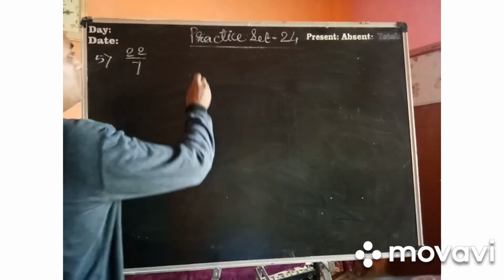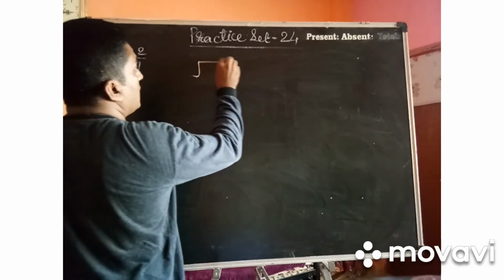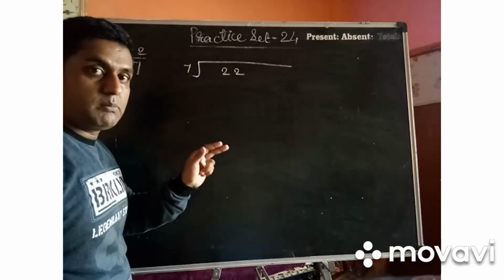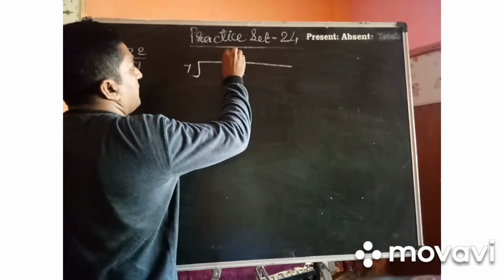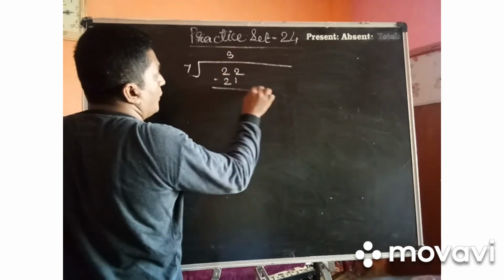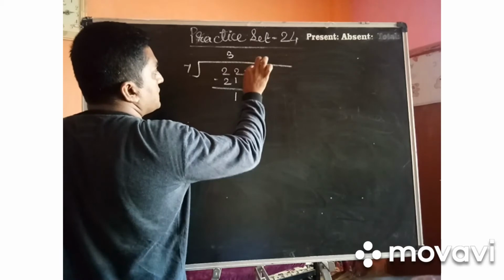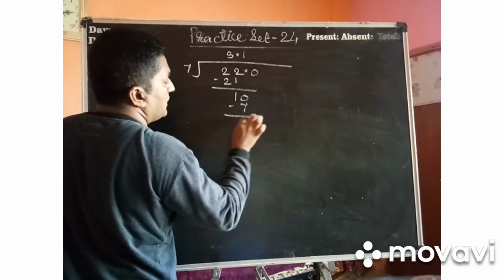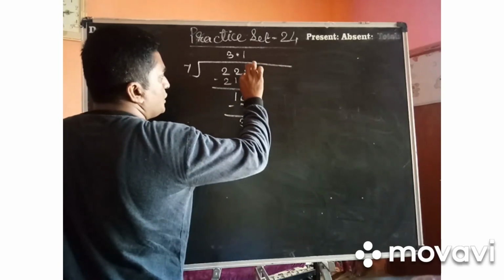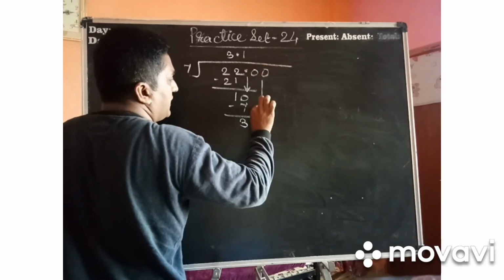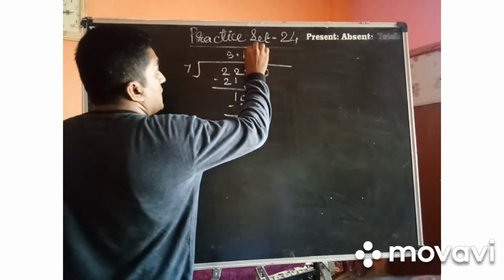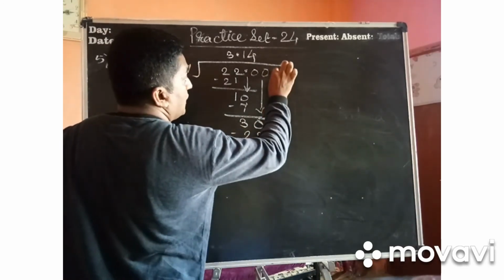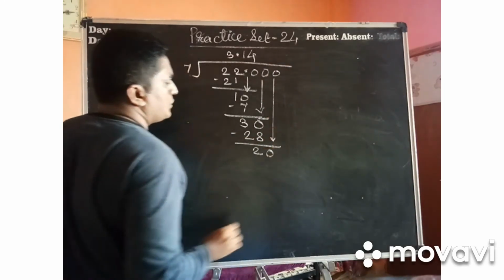Now how to solve it? Here it will be a very lengthy sum. Okay now everybody, here I am going to write down 22 and here I am going to write 7. A very big sum which will never end. So 7 3s are 21. What comes? 1 will come here. Take a point and a 0. Point will come here and a 0. 7 1s are 7. What will come here? 3 will come here. Okay, this 0 you have taken here. Now take 1 0, drag it down. Here it will be 30. 7 4s are 28. Now what will come here? Here you will get 2. Consider one more 0. Drag it down here. It will be 20.